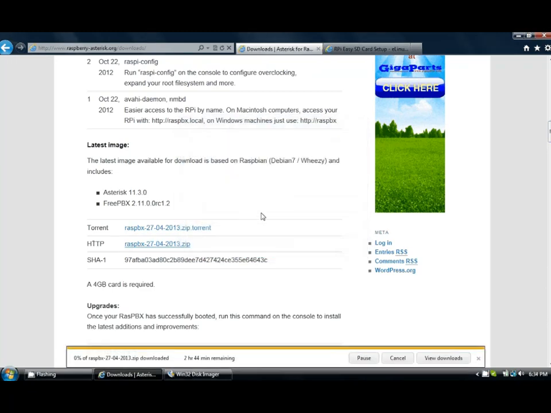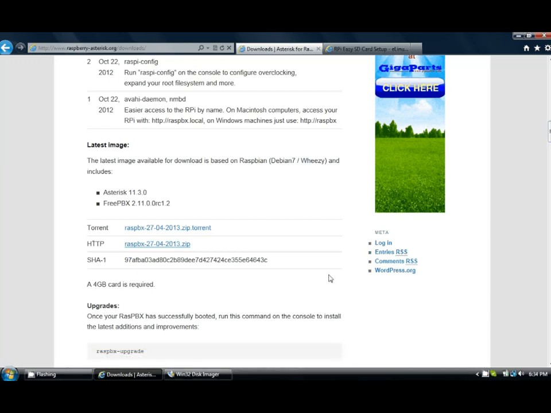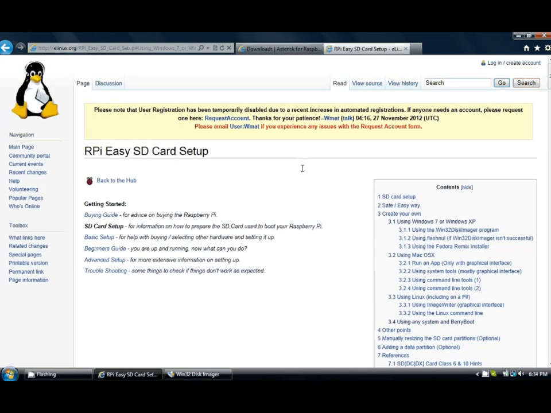Save it to a location of your choice, and once the download has finished, go ahead and extract it to a directory of your choice, and we'll come back to that directory a little bit later when we're writing the image to the SD card. So after it has finished downloading, the next site we are going to go to is